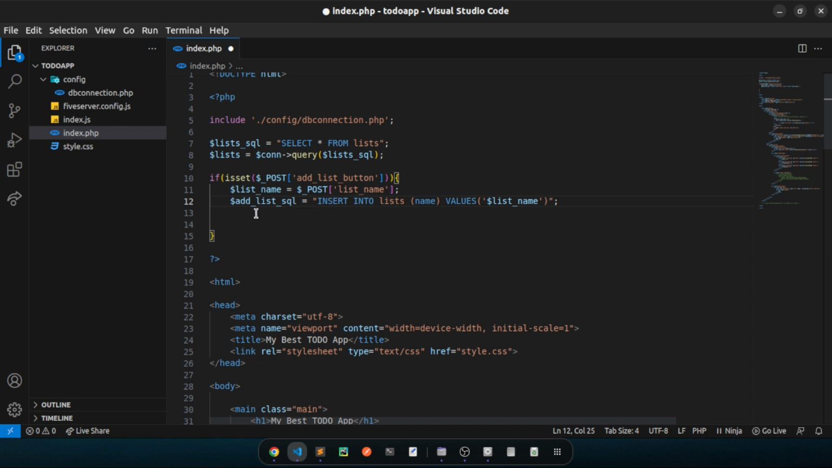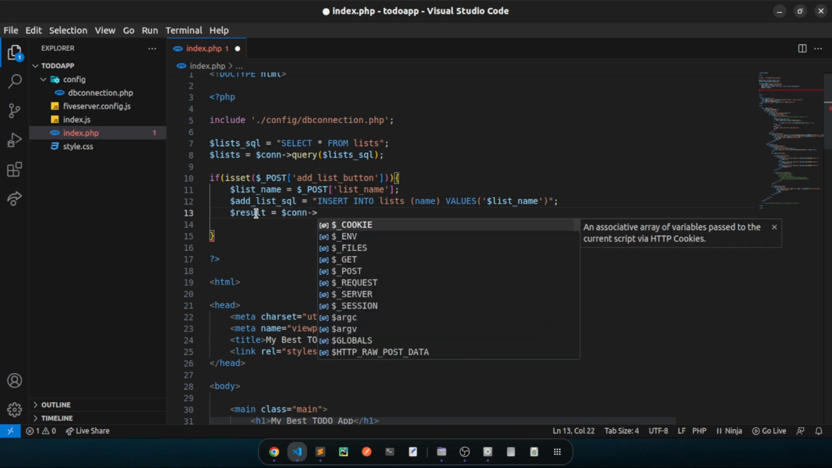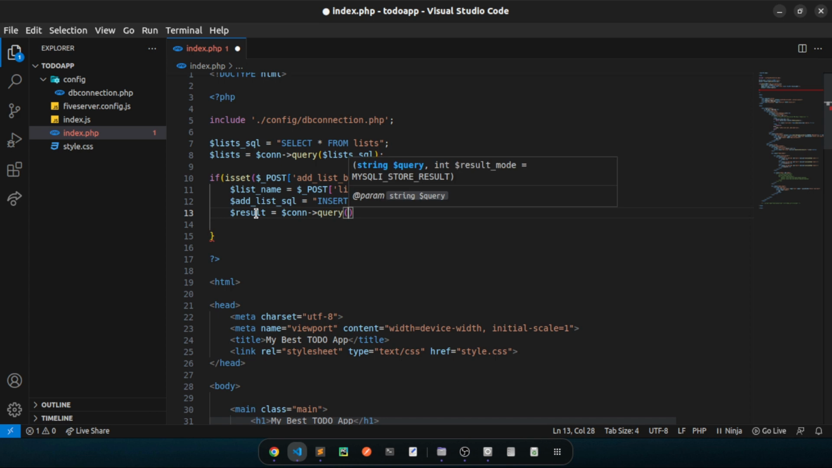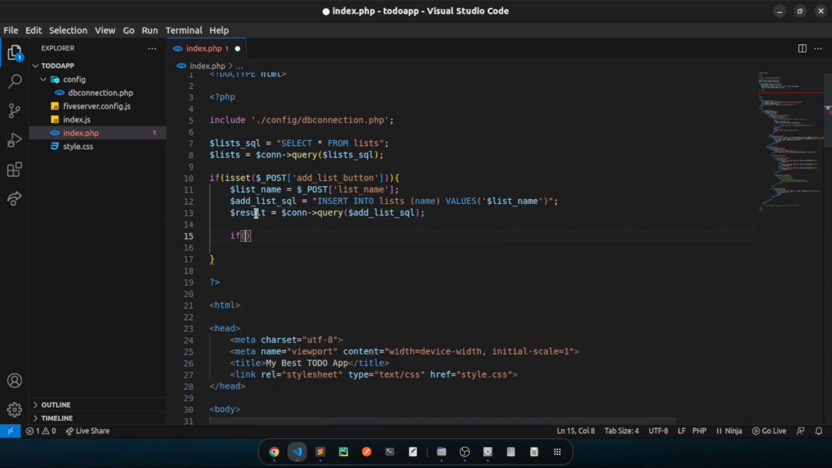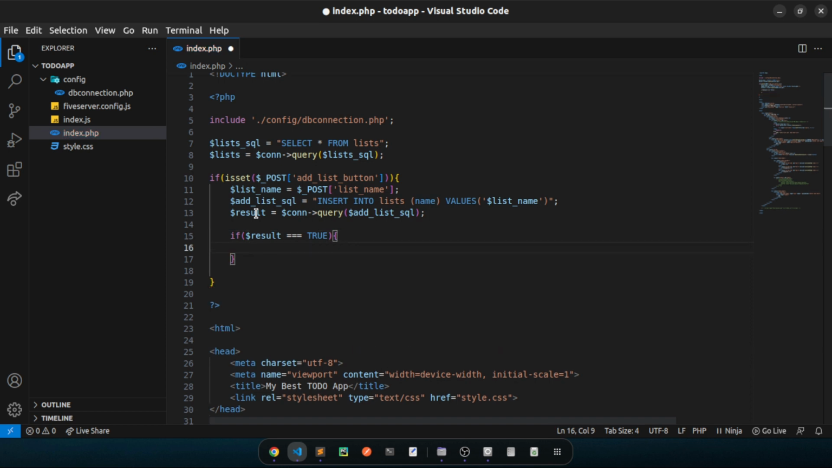So after doing our SQL there, it's just simple $con. So here I'm going to say $result equals $con. Here I can query the database with the string of SQL, that is, $addListSQL. That's what we had. Then if $result equals true, if it returns true, it has been added. That's a status code of 201, it has been created. Then I want to return